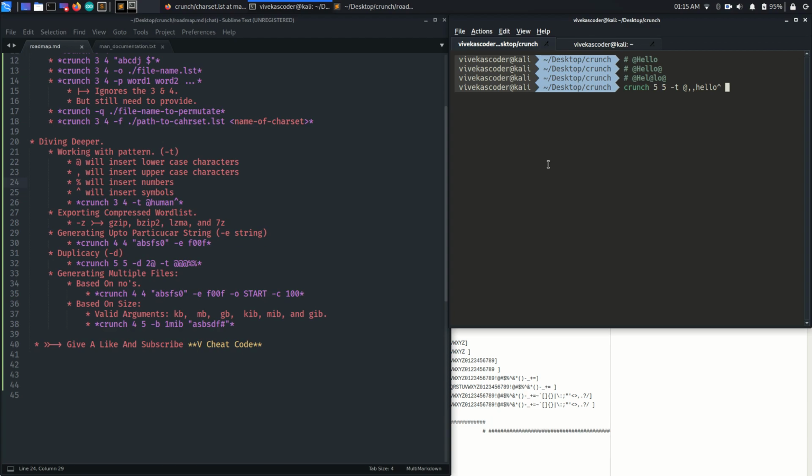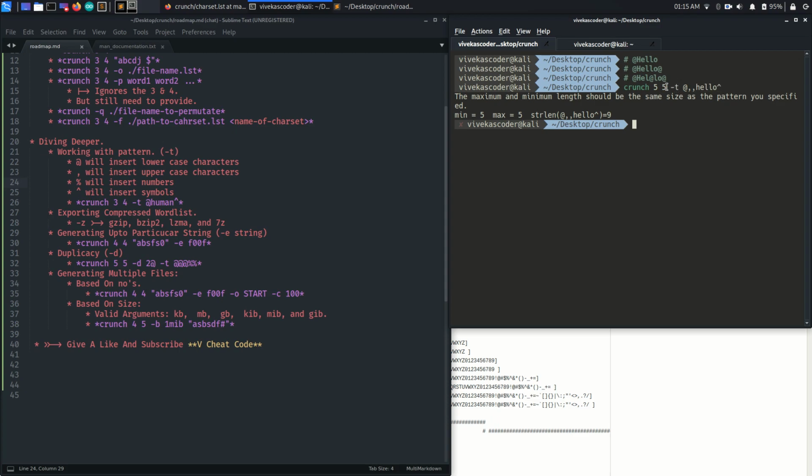This will automatically work according to the predefined character set. Now if I hit enter, you will find this error. This is quite interesting. You want a word list which contains this pattern of passwords, right?